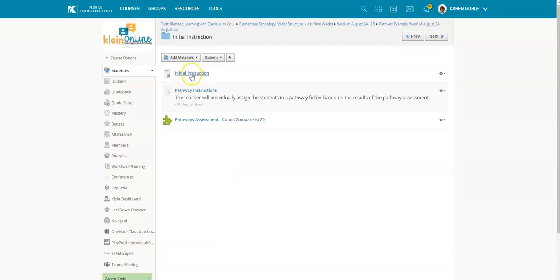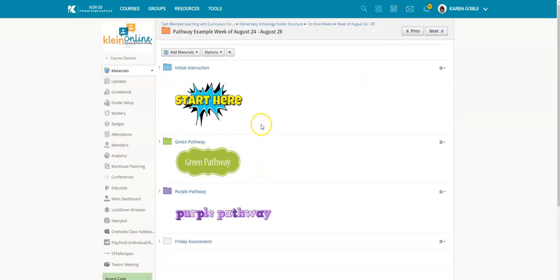So they go in here, they do their initial instruction. This is hidden so you'll know what you're supposed to do, but after they complete the assessment, the students will be individually assigned into a pathway based on how they performed on the assessment. So once they have taken the assessment, then the teacher will look at the results, the data, and will assign the students to a pathway, which is easy to do by clicking on the gear and clicking on individually assign,